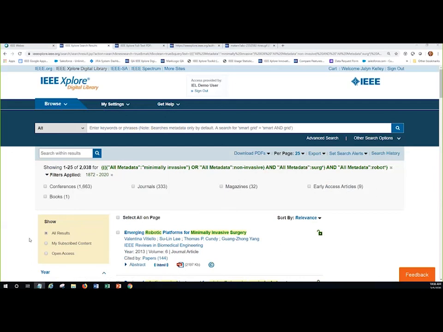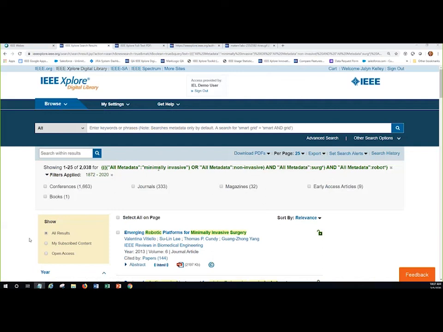So you have to make sure you put your OR string in the top boxes so it goes out first and looks for any papers that include minimally invasive or non-invasive first, and then from there any that also talk about surgery or surgical and robot or robotics.